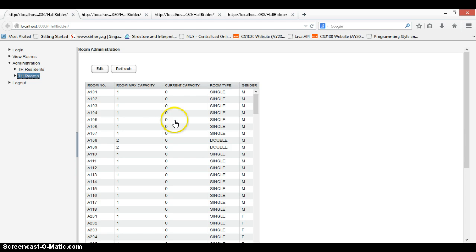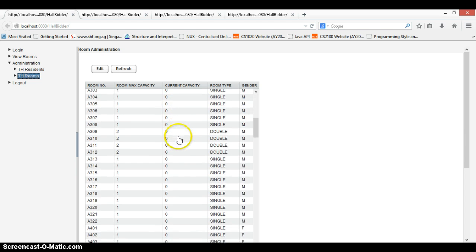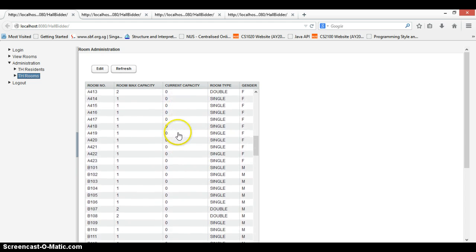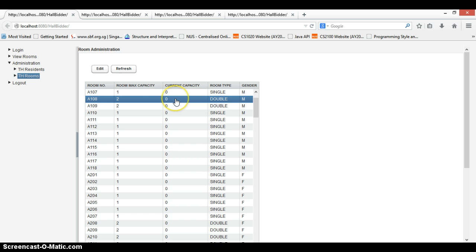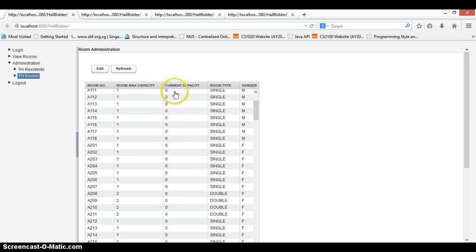These are the list of all the rooms in Temasek Hall and their room capacity, whether it's a single or double room, what the current capacity is, meaning whether a room is occupied or not, and gender, because this is important. Gender is important because certain floors are safe for certain genders. So basically, as an administrator,